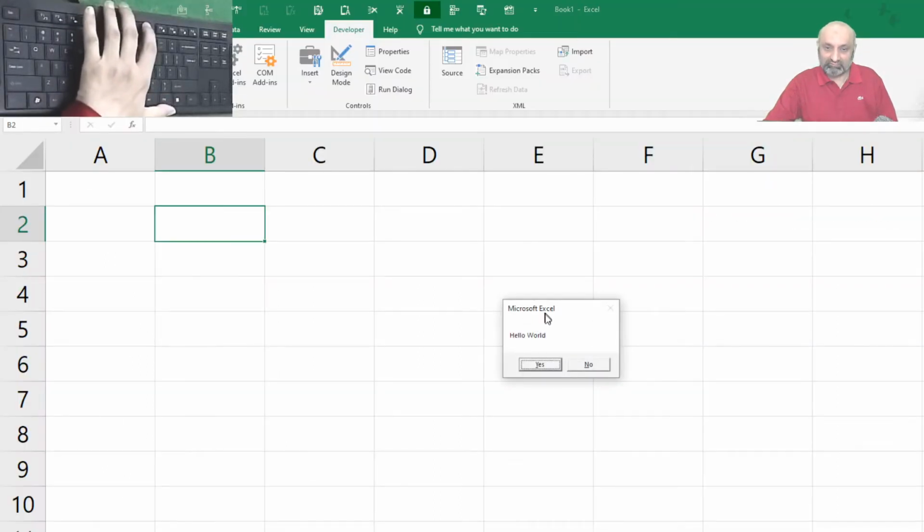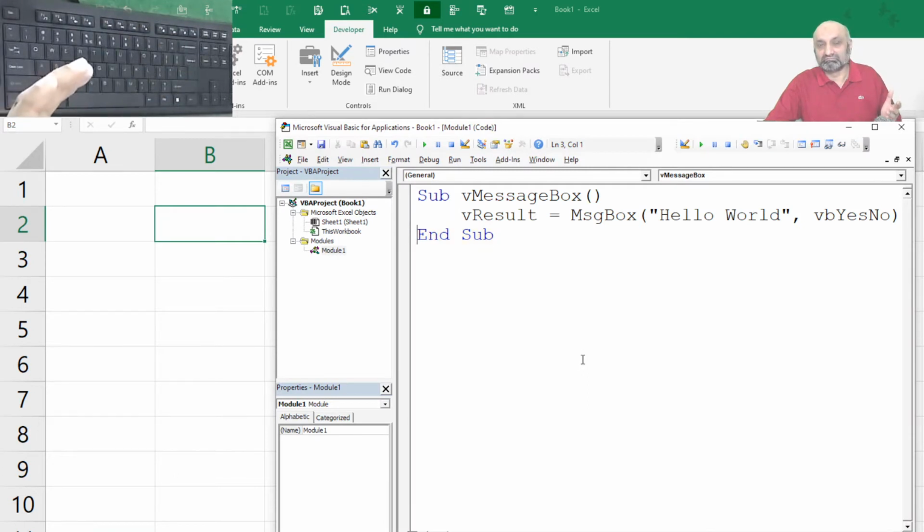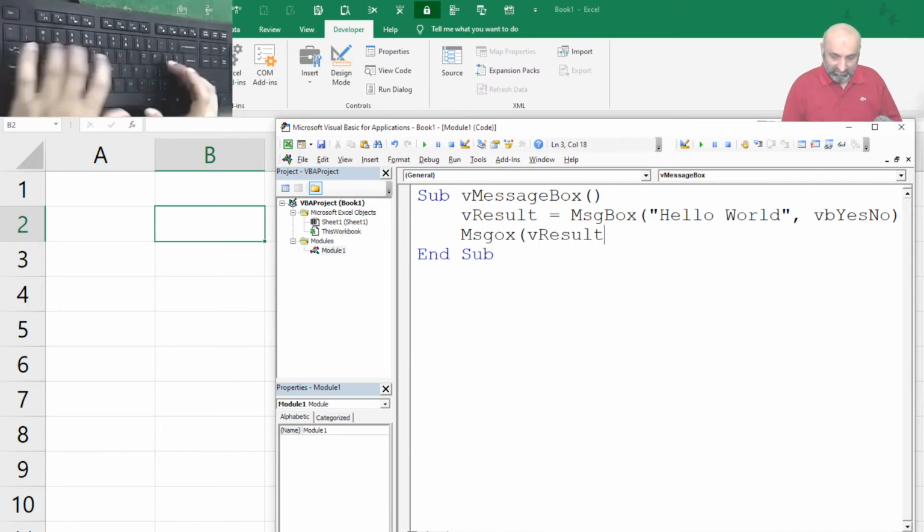We have this Microsoft Excel hello world with Yes and No. If I press Yes, it ends, and if I say No, the macro again ends because I have not programmed yet what to do if the user presses Yes. So let's create another message box, MsgBox, and display the result.